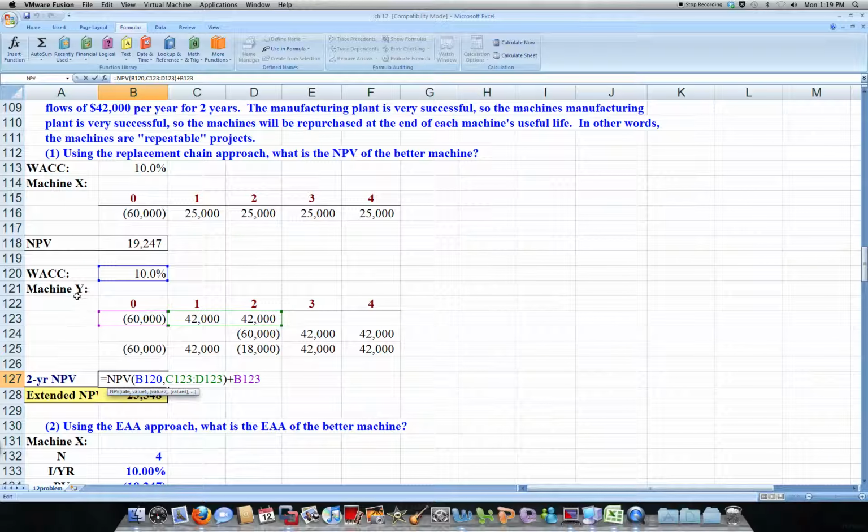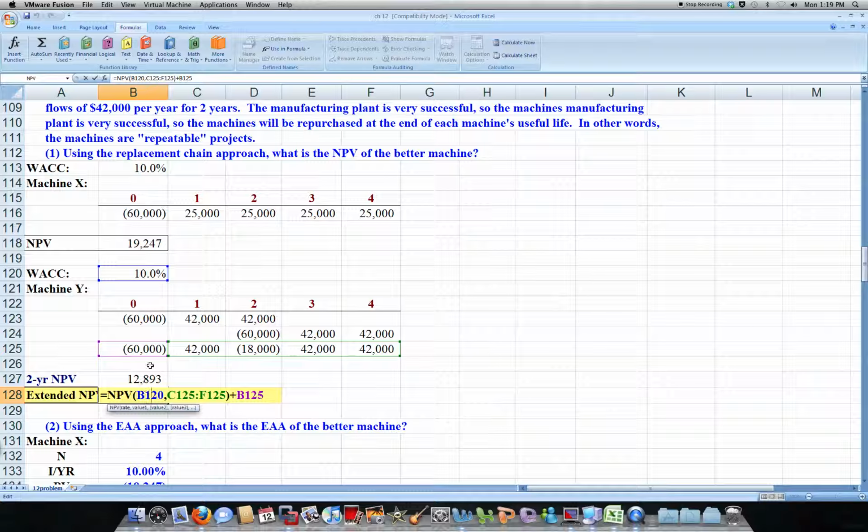But we can't compare those. So since this machine can be bought again, let's say we buy it for 2 more years to make them equal. That way it's a good comparison. And so here we just put our 60,000 and our other two cash flows in, and then we find our extended